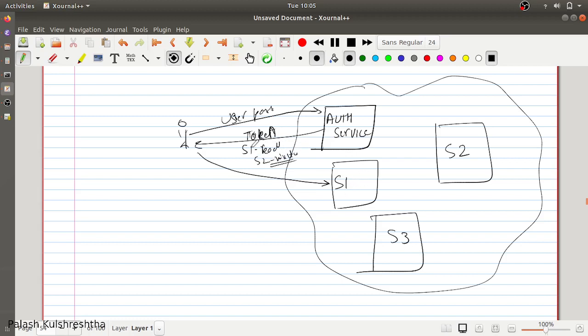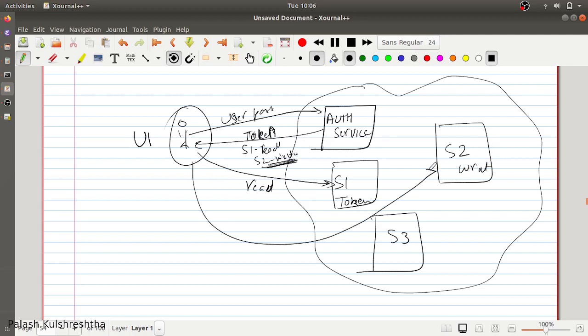When the user provides the token, the service takes the token and finds out whatever claims or permissions user U1 has, and then allows this user to function according to those permissions. So this user has read, so this user will be able to only read the data, it will not be able to change the data. And for service S2, it has write permissions.